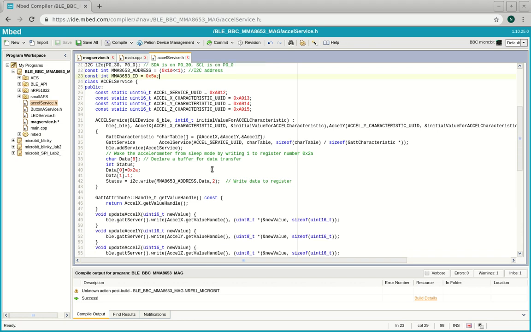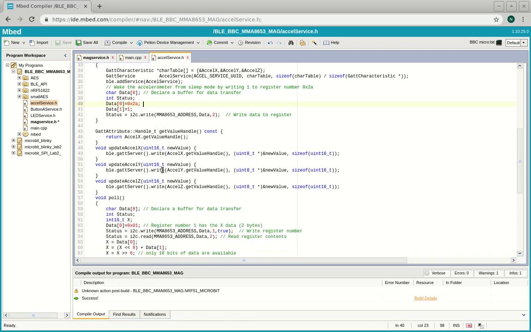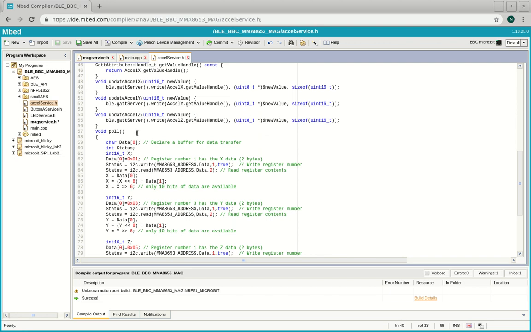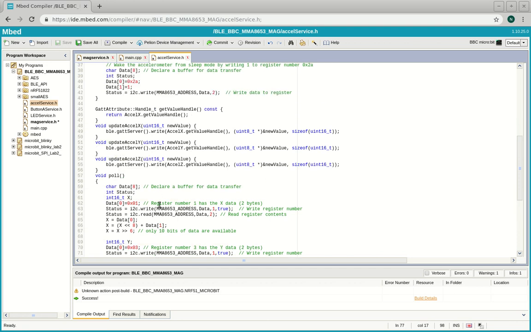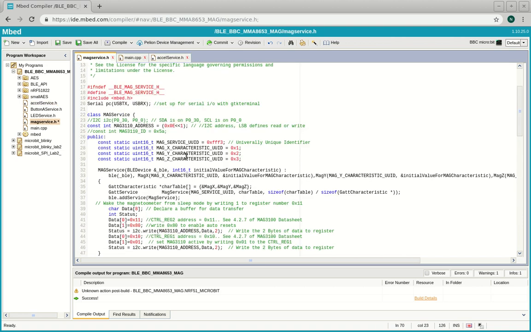Then we are going to configure the accelerometer by writing to the control register addressed here. Then we go down to the main function that runs, which is the polling function, and this is running the I2C read as described before, and retrieving 2 bytes per axis, the x-axis, y-axis and z-axis, and this data is advertised across Bluetooth. So if we go over to the mag service, which has a bit more content in it,